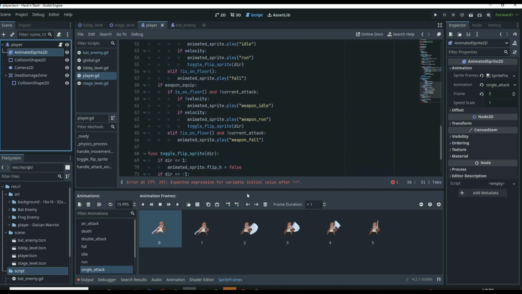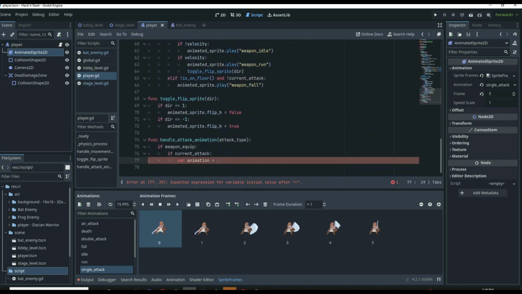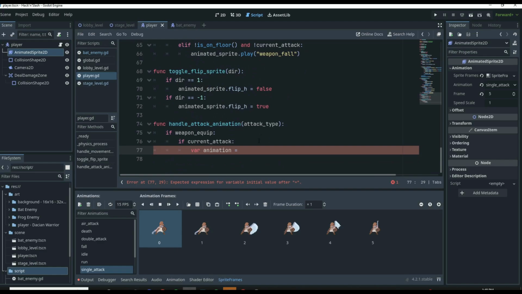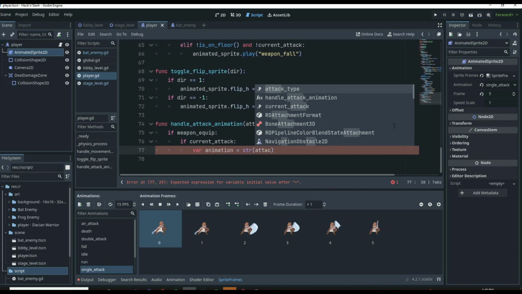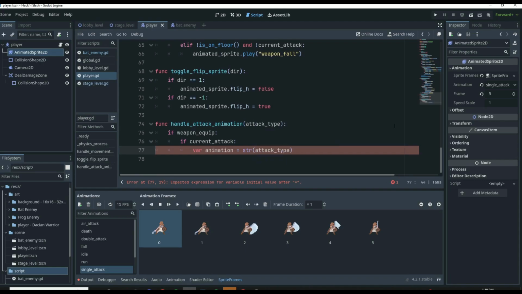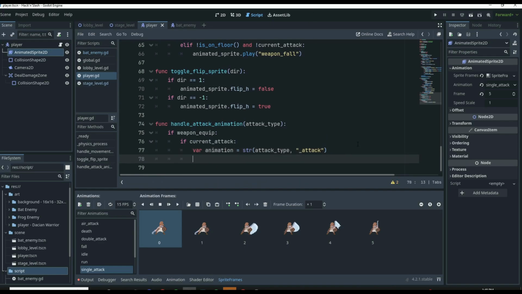So we can make this modular in the script by saying, okay, var attack, we want our attack. What attack do we want to play? Well, it can be a string of our attack type, right? And then pair that with attack, right? So then if we come down here and we print animation,